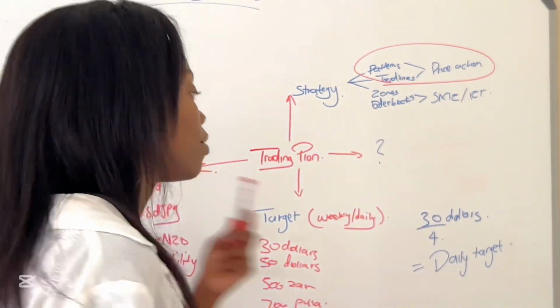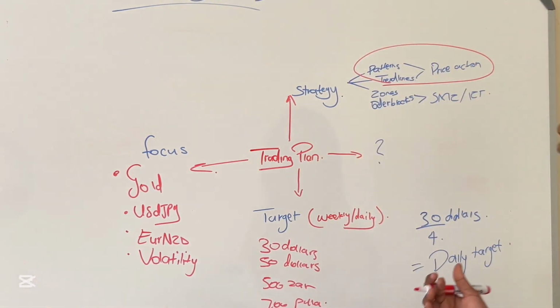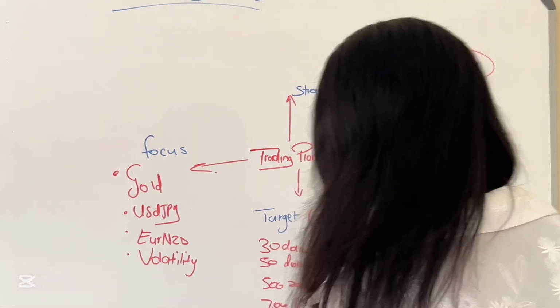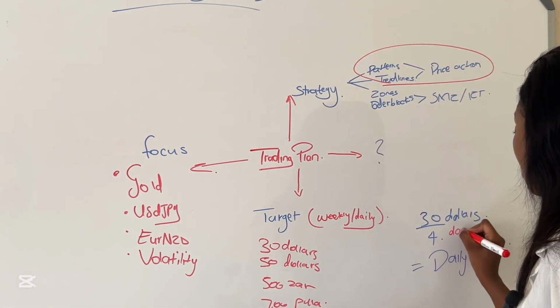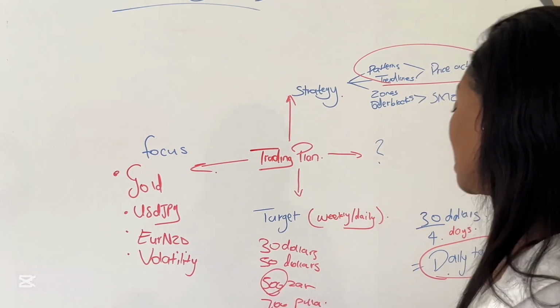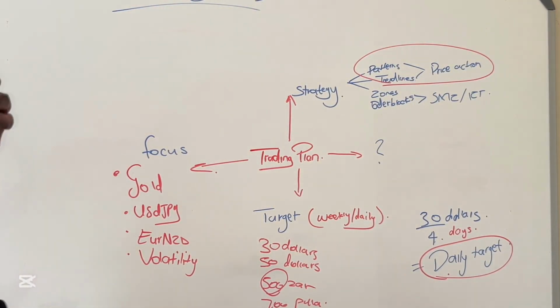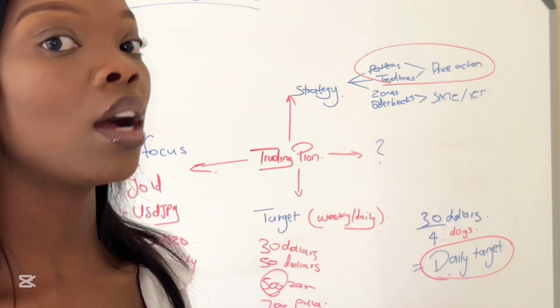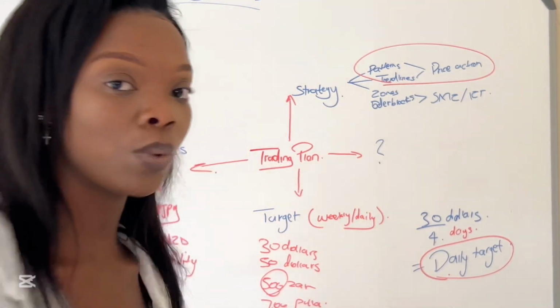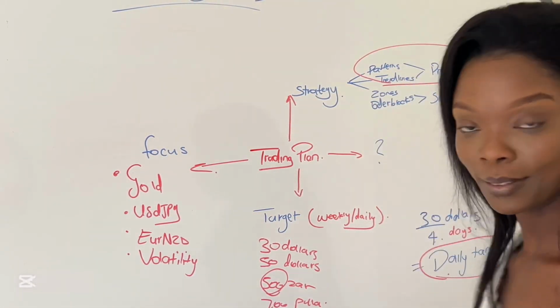So you can just divide it by 4. Why am I dividing it by 4, guys? Because usually I don't like trading on Friday because Friday is a bit busy and Friday is just hectic, you know. So this is 4 days, guys. Don't get confused. This is 4 days. Then it will give you your daily target. Even when you divide 500 by 4 days, it will still give you your daily target for a day, you need to make this much to get to your target. You get what I mean? So this is basically your trading plan.